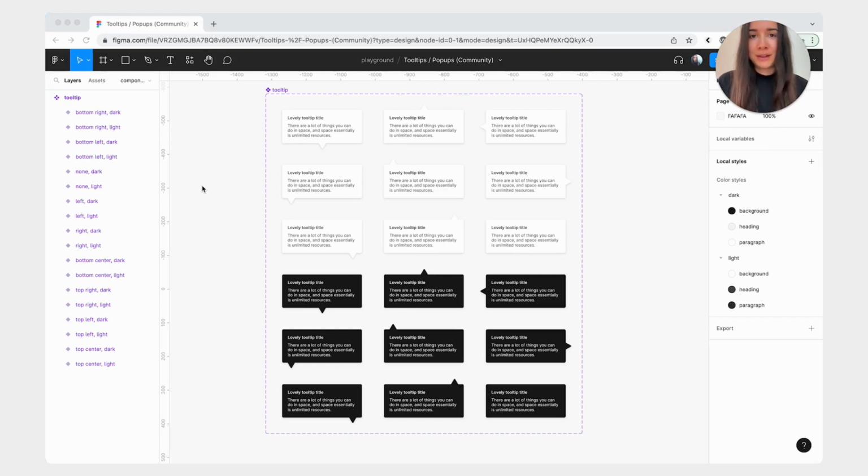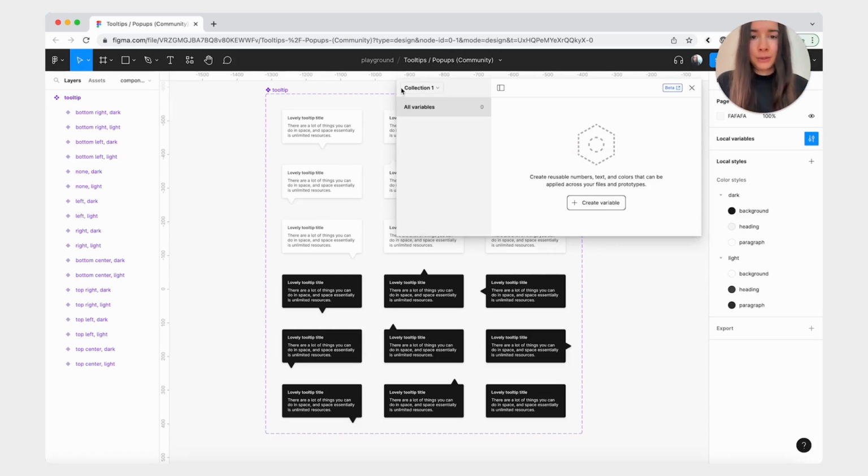Of course, if you have lots of color styles, you can use a plugin to help you automate this process, but I do think it's worth it to learn how to create the variables and do it at least once. To create a new variable, you're going to go to the local variables section on the right, and you can click this icon. By default, you just have no variables, but you have a collection created and you can rename it to whatever you want, let's say default.